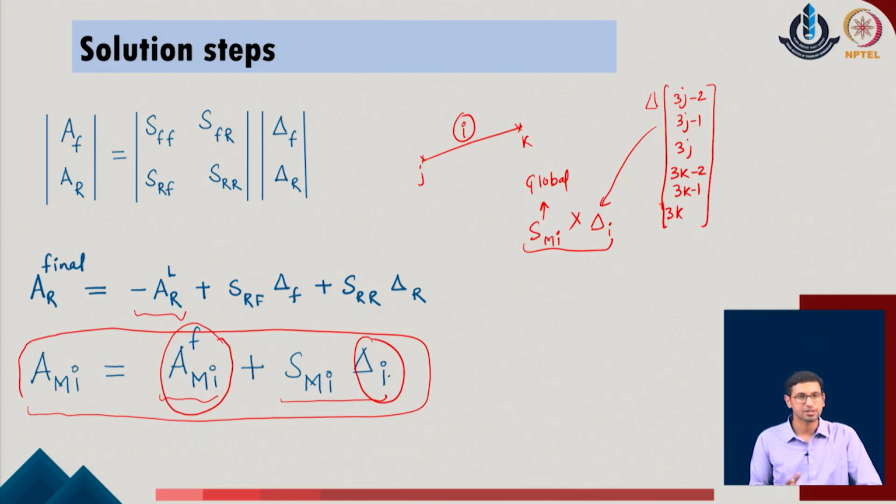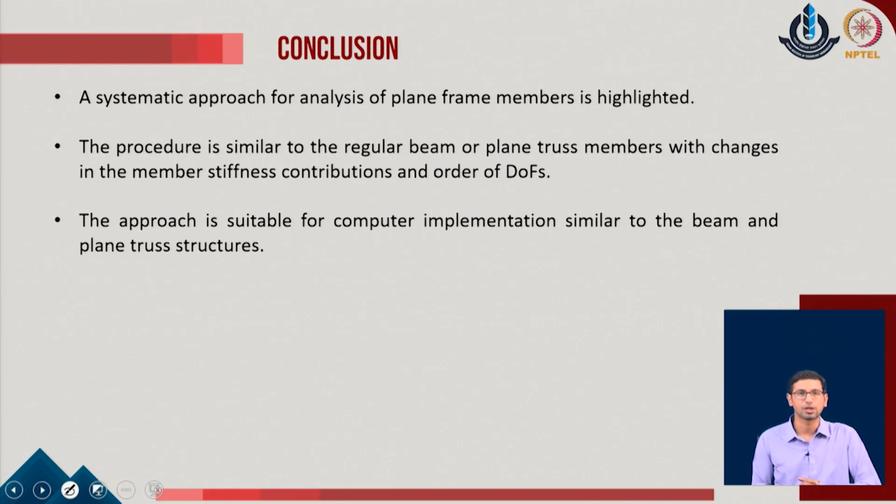We will briefly see in the next session a simple problem in which we can implement the same concept. So, the approach which we have defined here is very systematic and it is in the same manner as we defined it for the beam and the plane truss members. Much of the problems which we typically look for will be large scale systems. So, solving them using the manual method may not be possible. So, what is expected is that we also use the computing system. We take the matrix multiplication as well as the other related terms for evaluation in the computer program, and then we can evaluate the response of the given system.